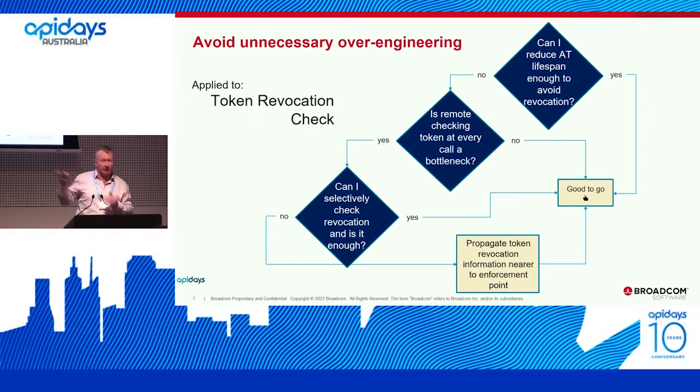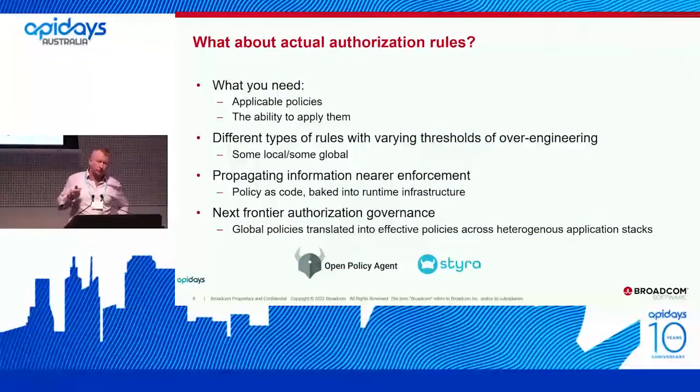But at some point, as the flow diagram goes, there will be some use cases that bring you to the point of, okay, I've got no option. I've got to get it closer. My use case requires getting that information out. So the next thing we'll look at is some of the things we need to consider in terms of how you propagate that.